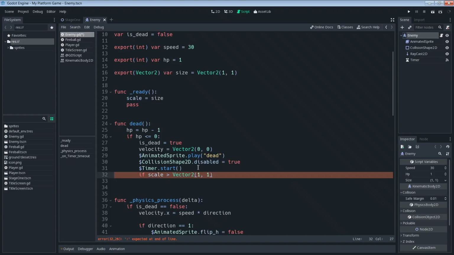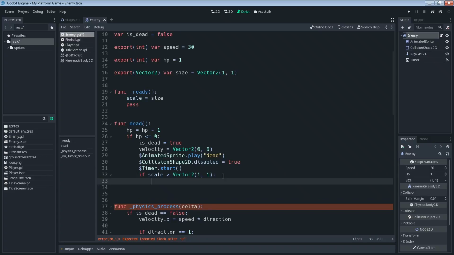So if any part of this vector2, this is an x value and a y value, is greater than 1, like you'll see later on, we're going to set the size to 2, 2. That's going to be greater than 1, 1, so that would make him a large enemy. So if it's greater than 1, 1, which means it's a large enemy, then we're going to do